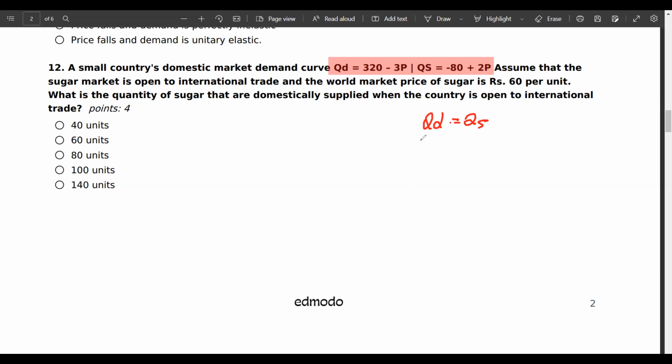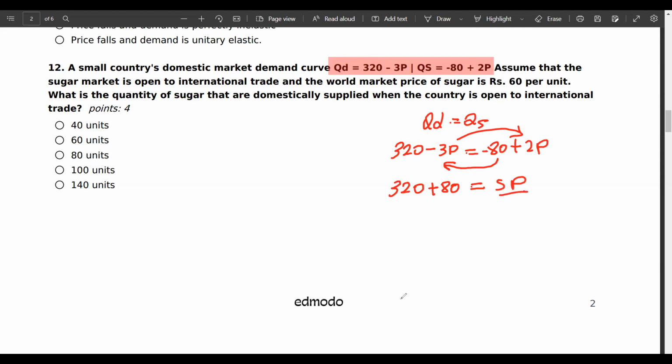We'll have a look. 320 minus 3P equals minus 80 plus 2P. And we'll find the equilibrium price now. So 3P comes to this side, whereas the minus 80 comes to this side. So it's going to be 320 plus 80 equals 5P. So it's going to be 400